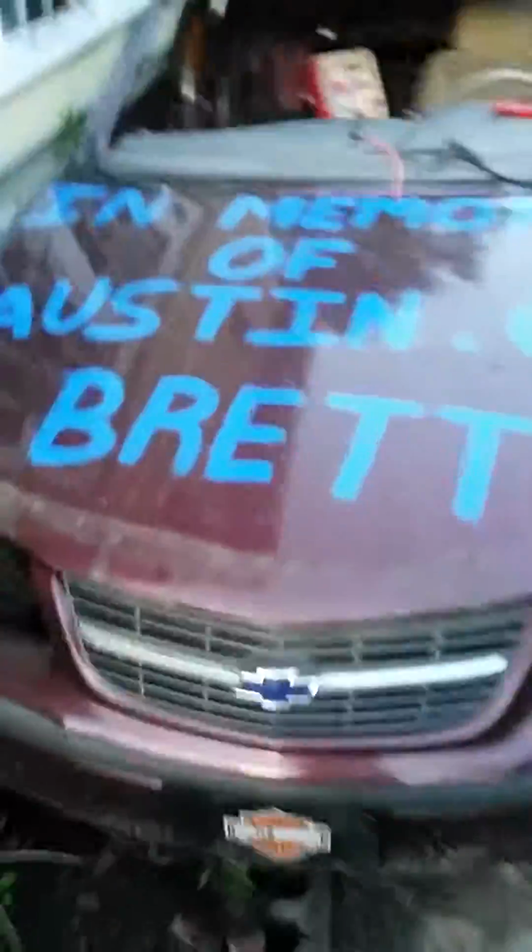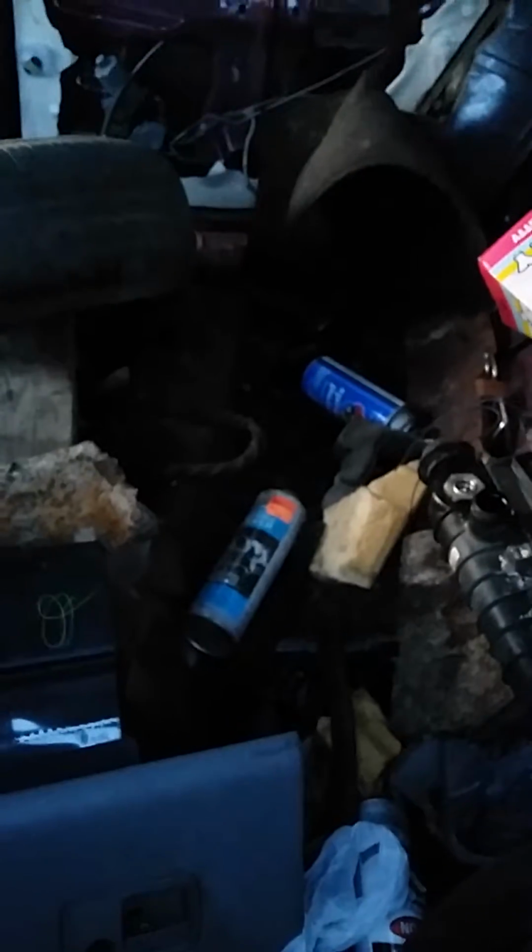This is my 6-cylinder, which is an 03 Chevy Impala. I got this one pretty cheap. I already got a little way started on it. We're running number 67 for once, different than 55. Tired of doing the same old stuff, but the car's got a bunch of stuff that needs cleaned out of